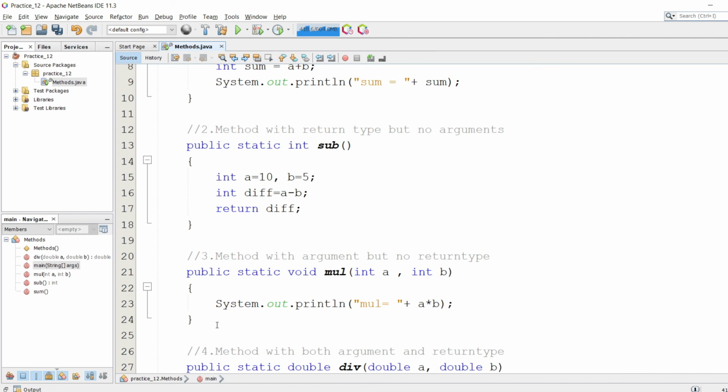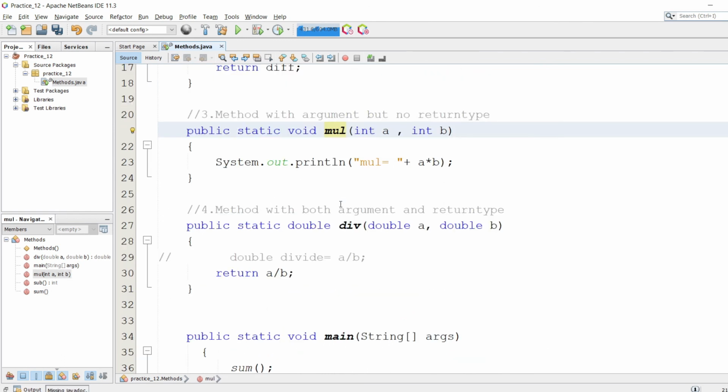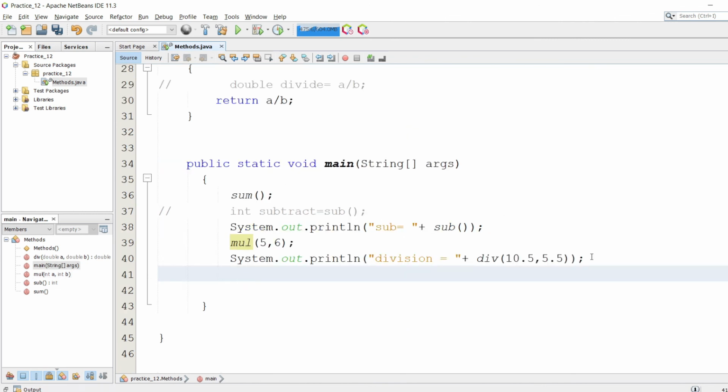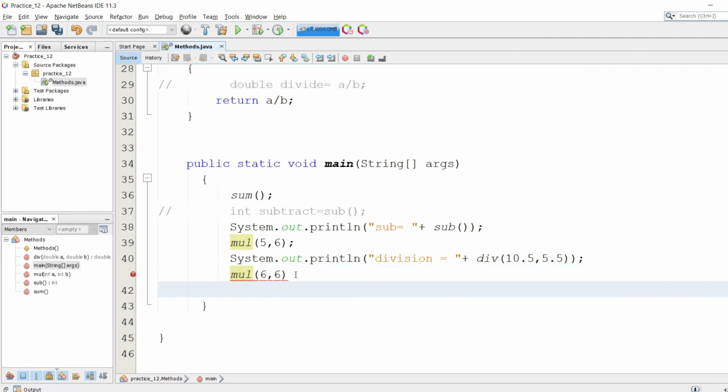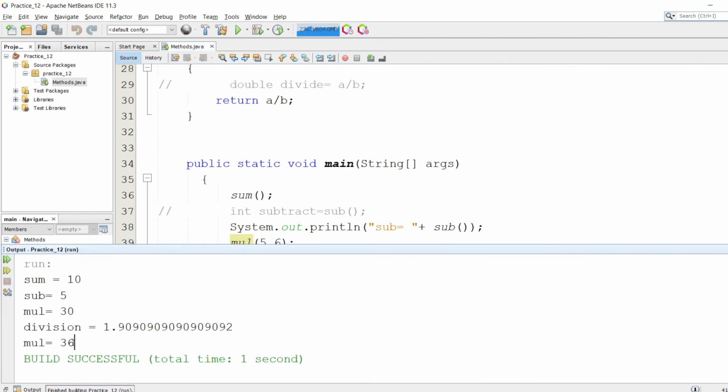The main purpose of this tutorial is to make you understand why to use methods in a programming language. If you want to multiply this number with another number, then you don't have to implement the same code again and again, but you can simply pass other values like 6, 6, and when you run this program, it's going to give me 36.